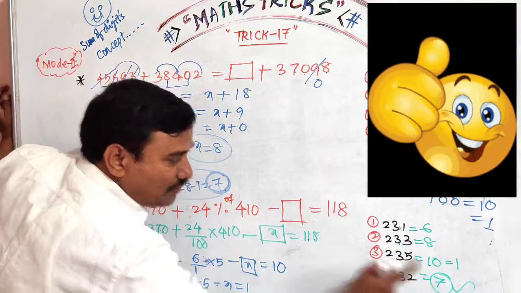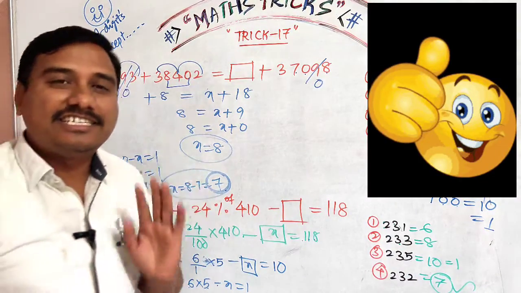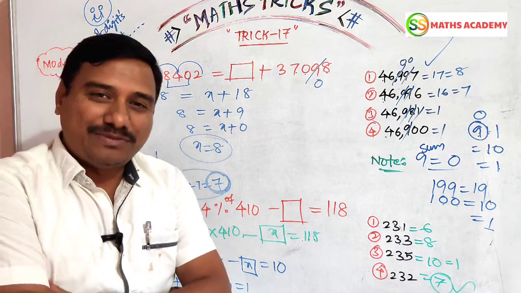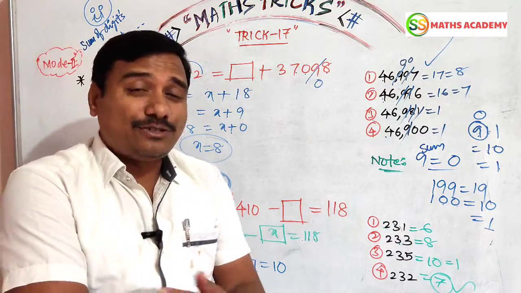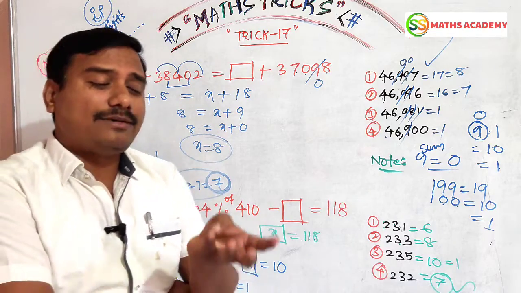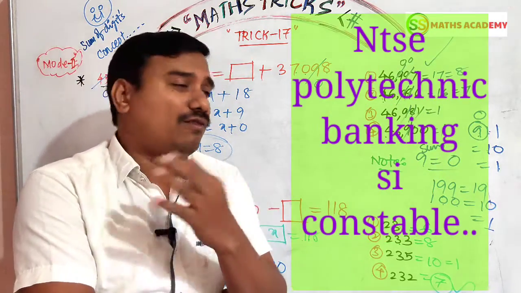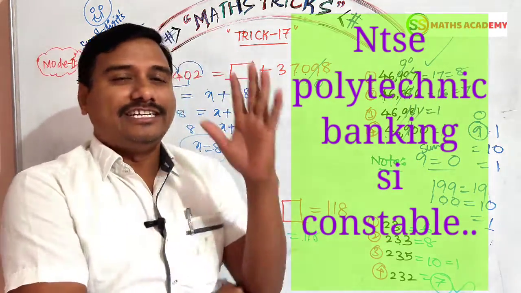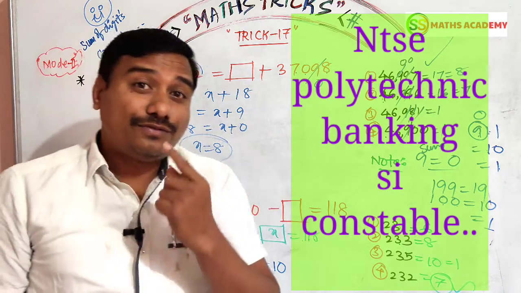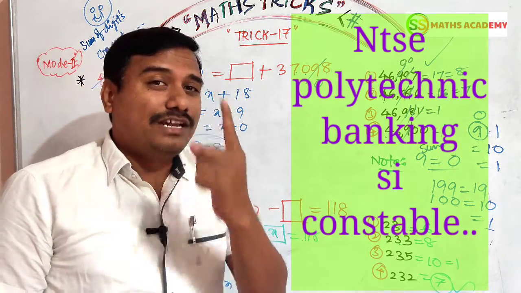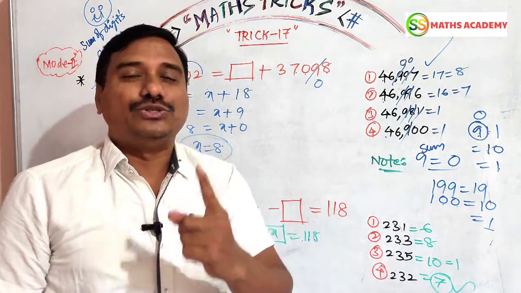2 plus 3 plus 5 equals 7. This is the way you have to solve the question, my dear friends. You take any challenging question, you observe any entrance exam, MTSC exam, banking exam, PO exam, SI exam, constable, whatever it is, this kind of information will help you and give you confidence.